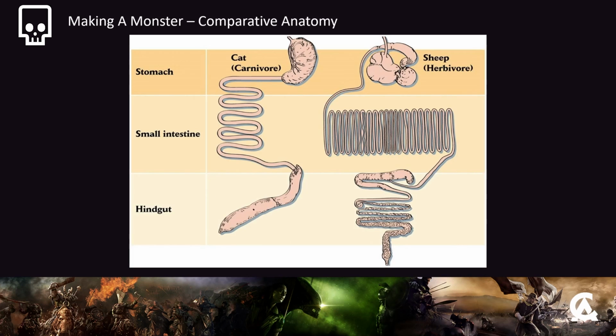Again, when we're talking about understanding the diet of a creature, that informs the visual design, because there are certain visual cues that are important to us as humans when identifying predator or prey animals. An example of that: a cat is a carnivore. What does that mean in an anatomical sense? It means they have a short digestive tract, a small intestine. Now, this will make sense in a second. A sheep is a prey animal, a herbivore. I think you know where I'm going with this one, Jazz, right?